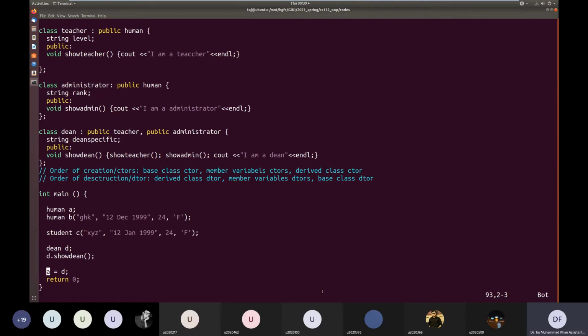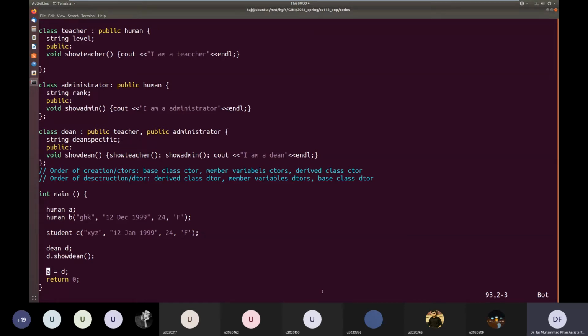of type human. The Dean object, as you know, has inherited from the human object through teacher. So it contains inside itself an unnamed object of type human. But the Dean class has its own extra member variables also.